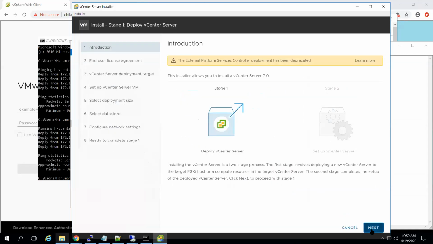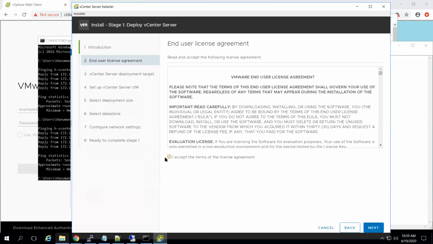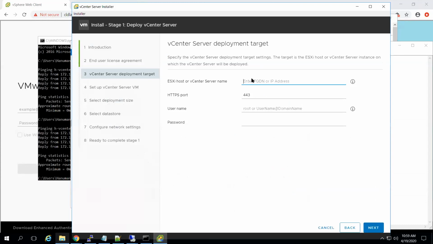Click on next, accept the agreement, next. vCenter server deployment target. Just put the ESXi or vCenter name where you want to deploy your vCenter.